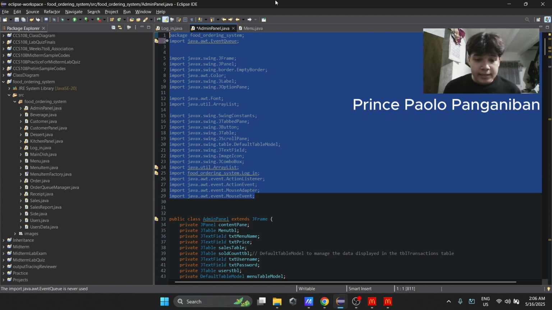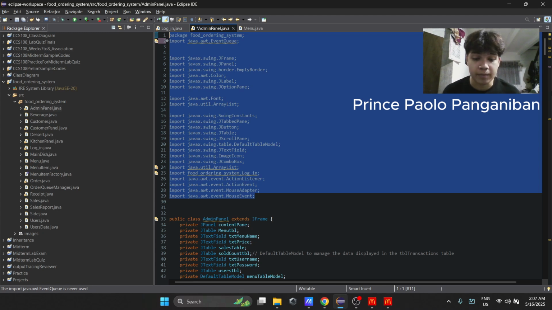We look at the class inside the food_ordering system namespace, so the rest of the app can reference it easily. The import section brings in every UI or GUI related class we'll touch: Swing widgets, JFrame, JPanel, JButton, and many more. Layout helpers, event listener, action listener, mouse adapter, and containers. Default table model for table data. Notice java.util.ArrayList appears twice. Harmless duplication, but tidying that is good hygiene.